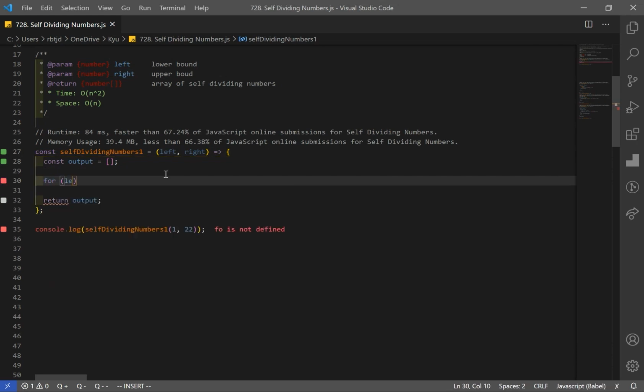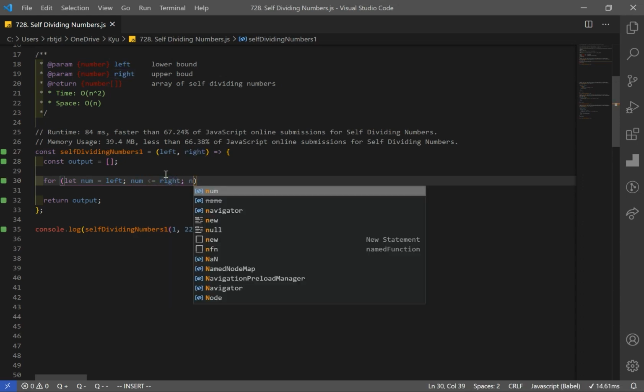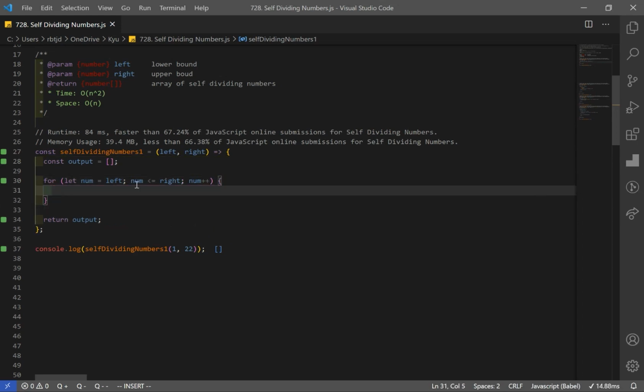So for let num is equal to left, and as long as num is less than or equal to right, because it has to be inclusive, and we are going to increment num by 1 each time. And why did I name this num? Well, it's because any number between my left and right bound is the number that I'm going to look at to check if it's